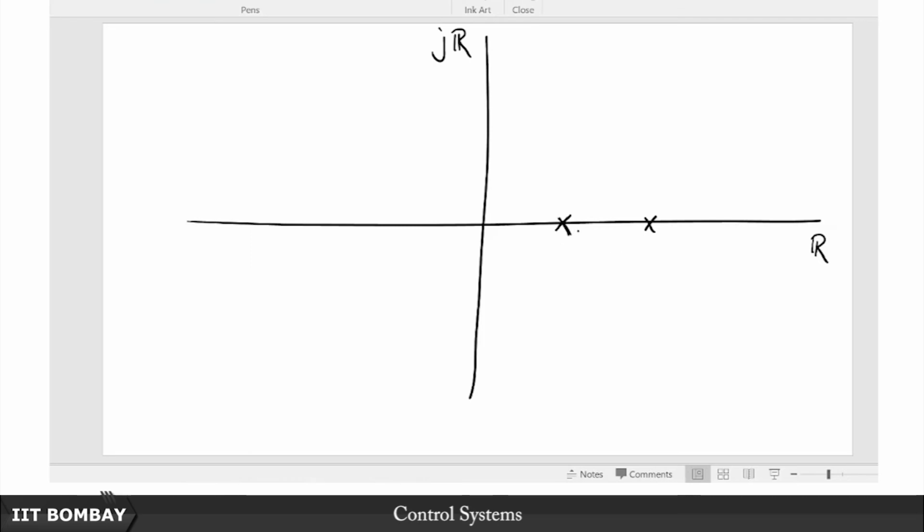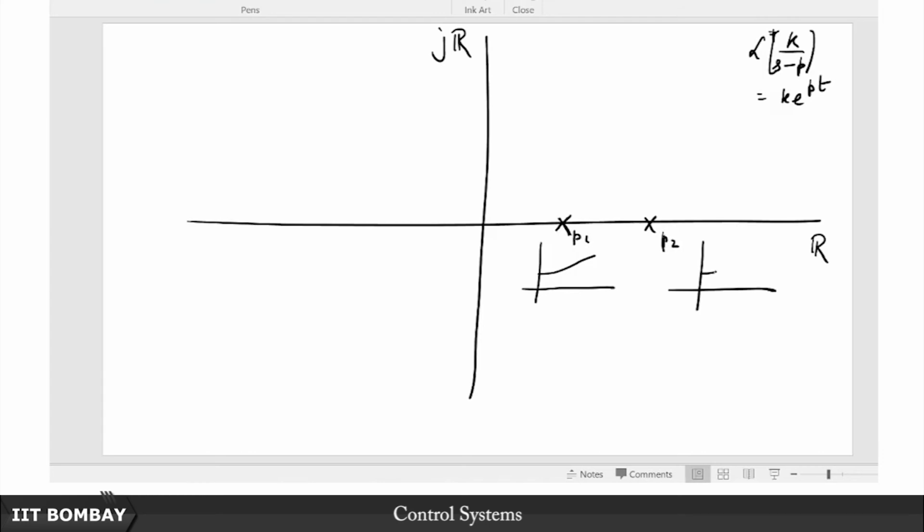What are these? These are positive real poles. So what is the response due to this? What is the Laplace inverse of a term such as k by s minus p? We have already seen that this Laplace inverse is nothing but k e to the pt. Now if p is positive, then you can imagine that the time domain function would blow up like this. What about this? This is, let us say p1, this is, let us say p2. What I know from this picture is that p2 is greater than p1, which means that